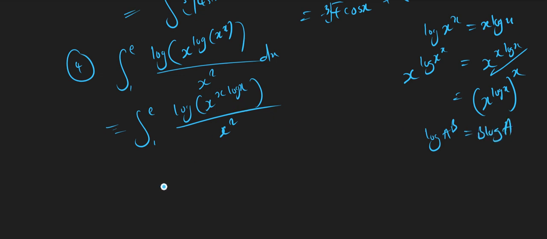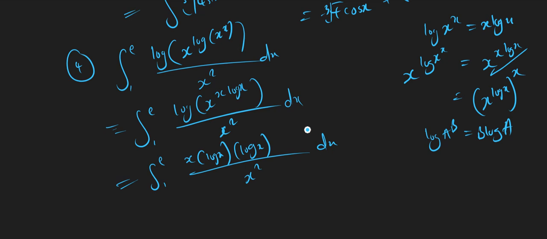So we can have this as the integral from 1 to e of x log x times logarithm of x, and then divide by x squared dx. So this would be the integral from 1 to e of, the x is cancelled out, you have log x squared